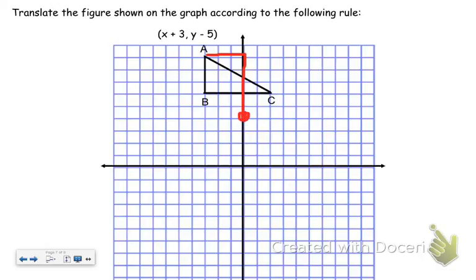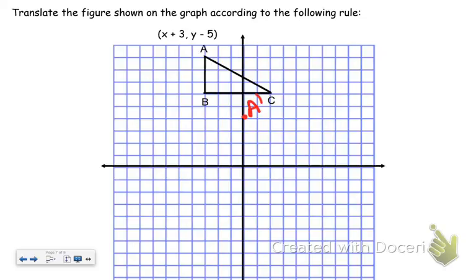We would now be at this location. So don't draw those lines. I'm only drawing them to guide me through the example so that you can see how we're performing this translation, because we want our graph to be nice and neat. So 3 to the right and 5 down would give us A prime